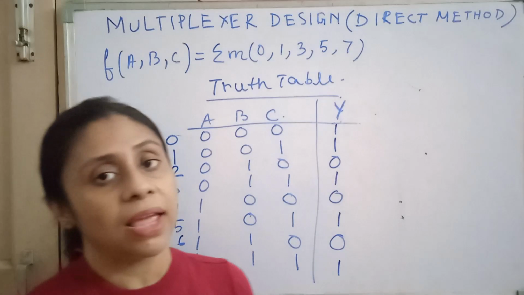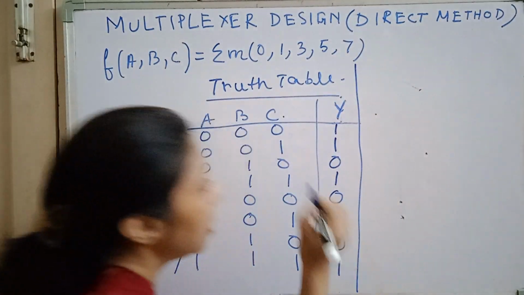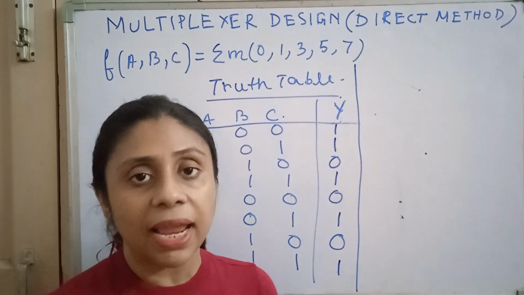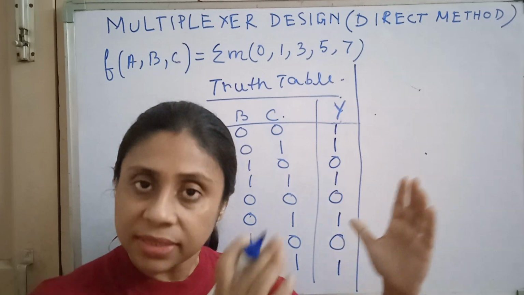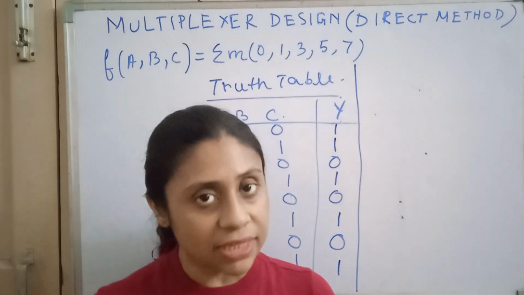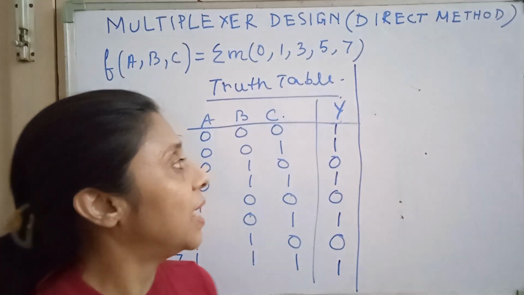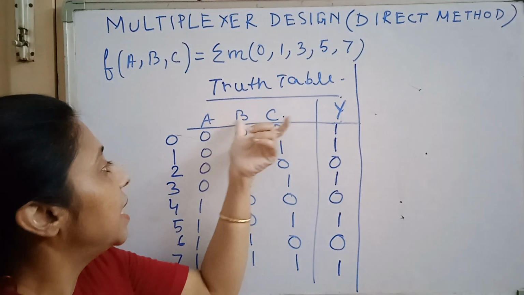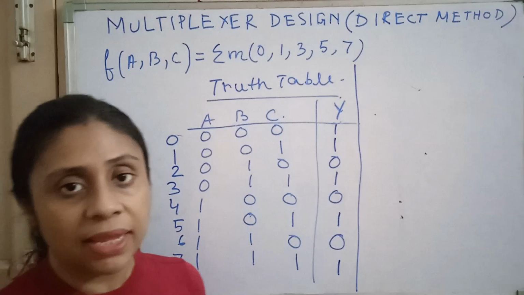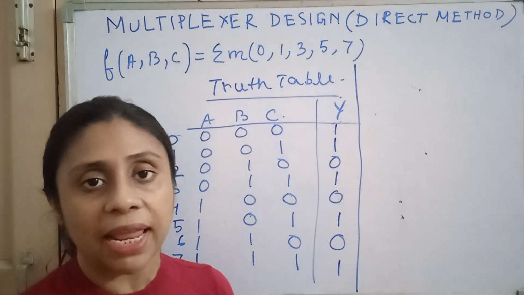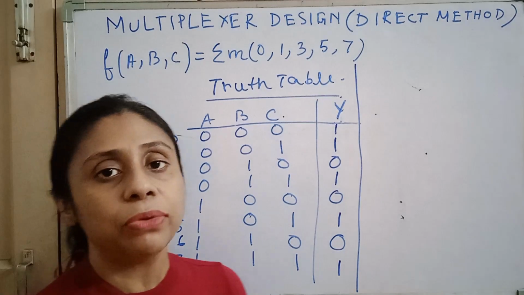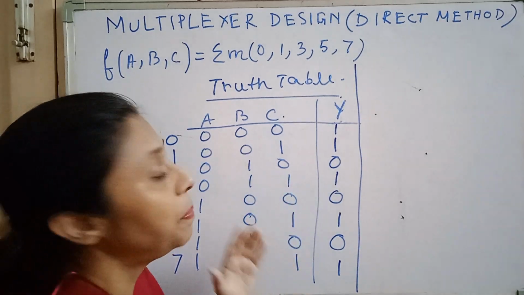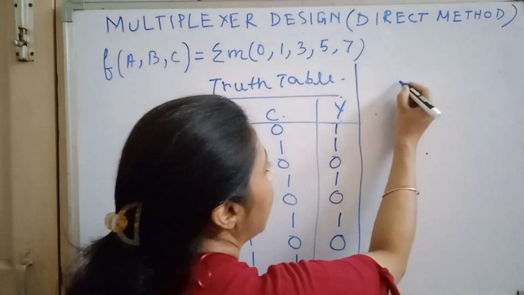Now what I have said is about the select lines of a multiplexer. We know that a multiplexer has two kinds of input lines: one is the original input line and another one is the select line, and the output line as usual. Now the select lines of the multiplexer will have these inputs A, B, C. The input variables will be given to the select line. Now as we are implementing by using the direct method, what should be the size of the multiplexer? The size of the multiplexer will be 8:1. Why? Because,